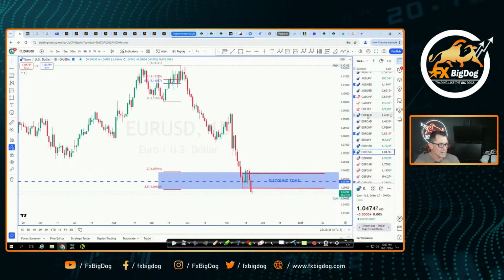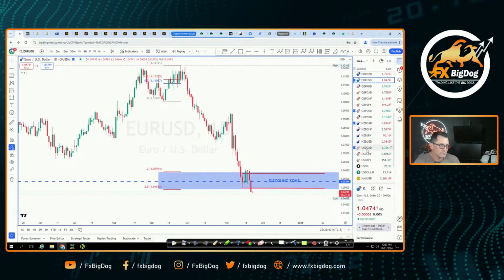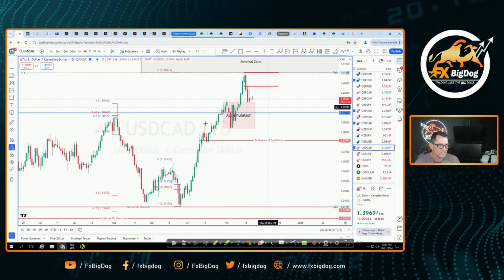Now, let's go ahead and take a look at what's going on with the US dollar CAD. It's very similar, but we've seen a different pattern. So, firstly, and I'm not going to go into such a deep analysis on this, but I'm going to go ahead and point out a couple of things here. Number one, what do we have here? We have accumulation. Price manipulated. By the way, this is the election low.